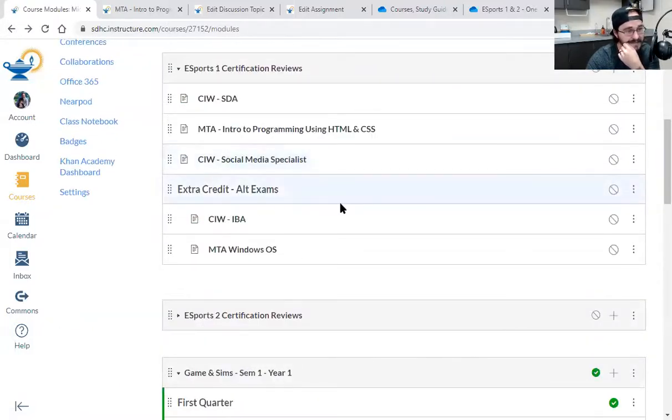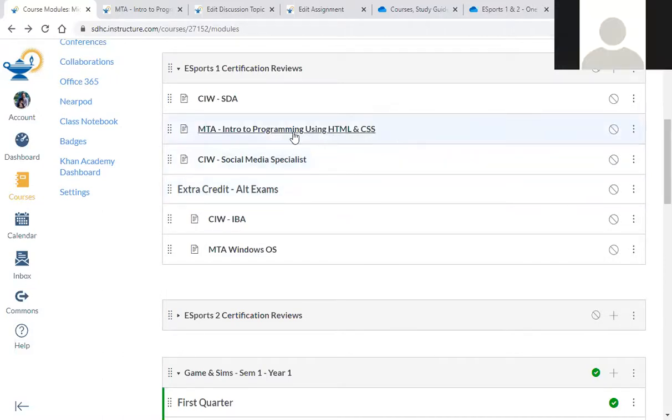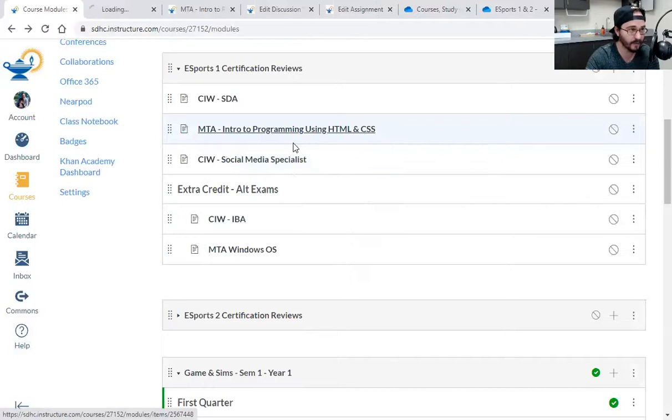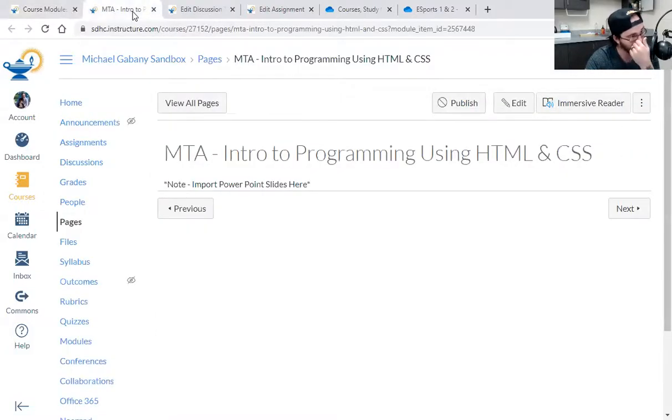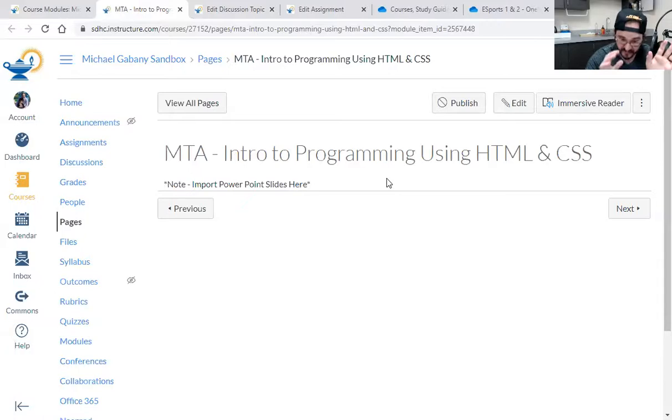Okay, so something else is I don't like how Canvas, when you get done with something, you have to reload your dashboard. And I'm through with it already. So every time I'm editing something, I right click and open a new tab. That way I don't have to keep going back. It's just so much extra work. So here's that page we just made. That's all we got for it, right? We did plus, new assignment, we named it. Here it is.